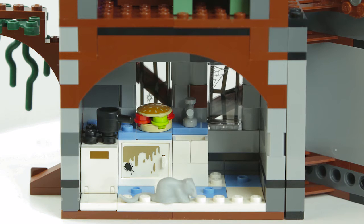the kitchen. And ooh, this is a horrible kitchen. It looks like it hasn't been cleaned in a long, long time. In fact, there's a little rat running around if you're not too careful. In the kitchen, we have a little oven. We also have a cupboard, and we have a place where, of course, we can have the hamburger, which we've